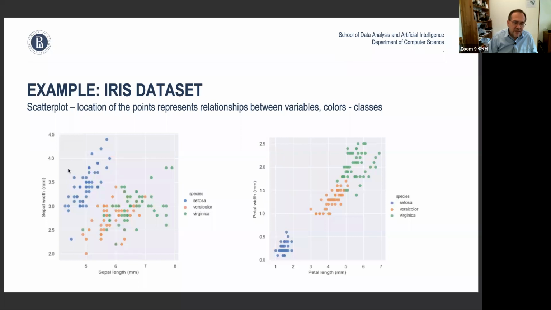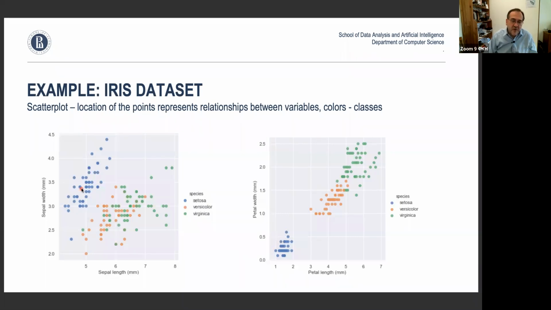You can notice that this group is separate from the rest, which means that for certain sepal lengths, there is a certain sepal width for setosa that is different from the others. So, in fact, it means we could possibly use some automatic algorithm to detect those groups of points. We're going to learn this class. It's called clustering. We'll learn how to do it in a couple of lectures. But right now, we're just visualizing.